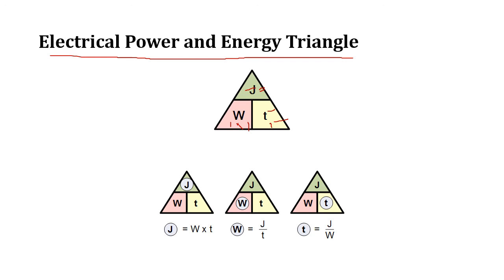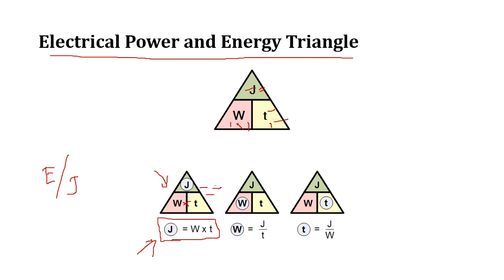So here first we are considering the energy. The energy we can normally denote by E or J. Here the electrical energy J will be equal to, here we have to consider multiplication. Here at this point we have to consider the division. So to find out the joule or energy, the watt will be multiplied by the time. So J will be equal to W into T.